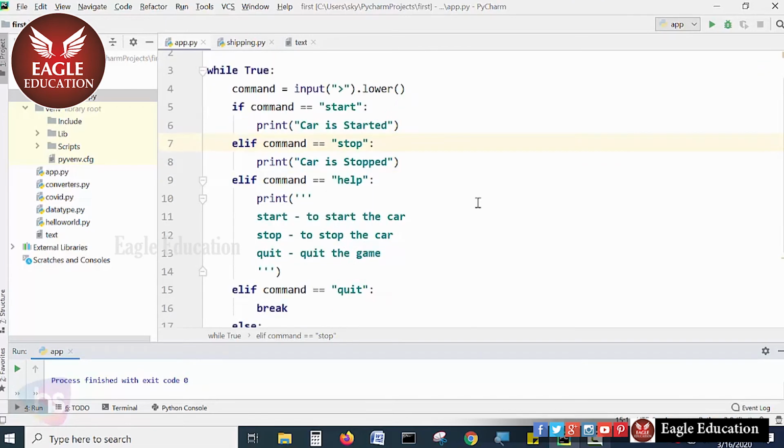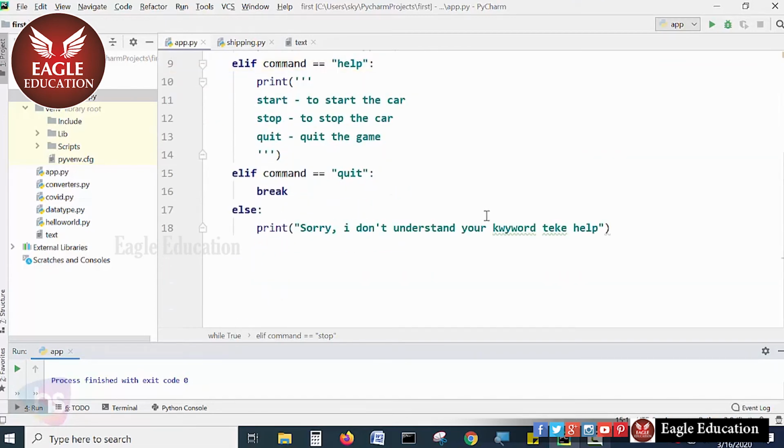All right, that is the way we can easily implement the car game using keywords. That is the simple way to build a car game in the Python programming language. In an advanced way,